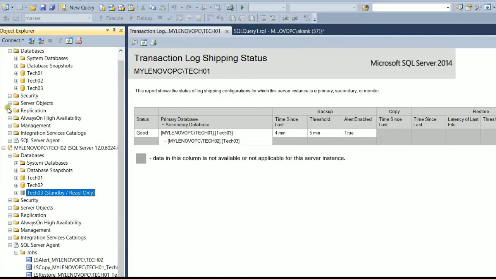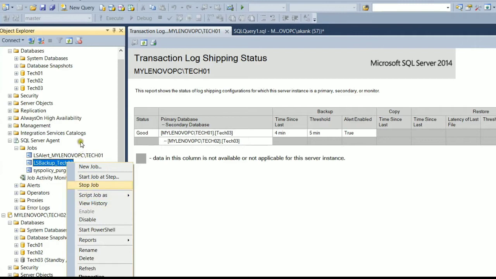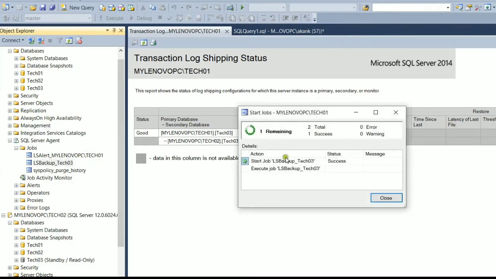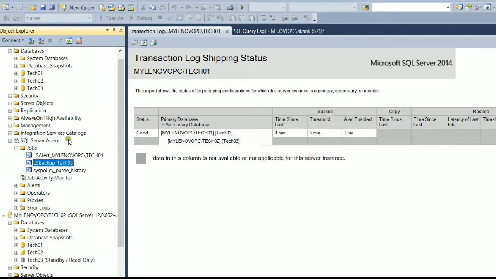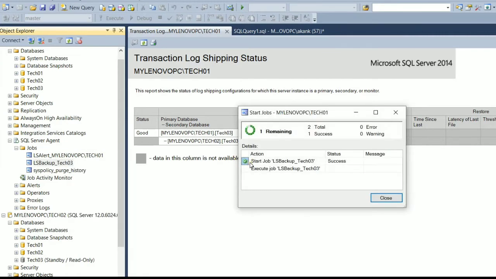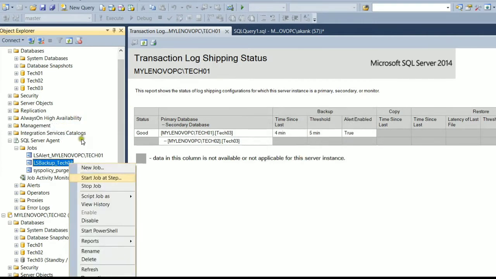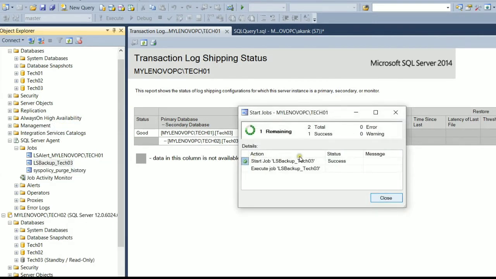For that, you need to execute the LS backups manually. So I'm taking a couple of backups manually with the jobs. Here I'm executing the backup, let's say 3 times.